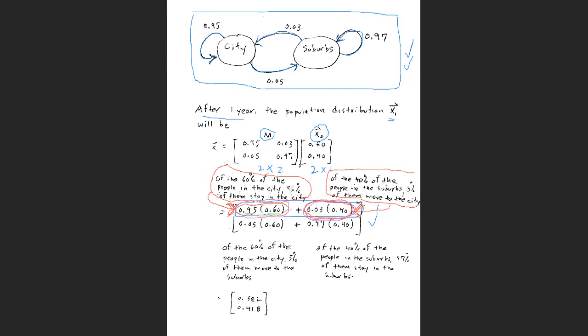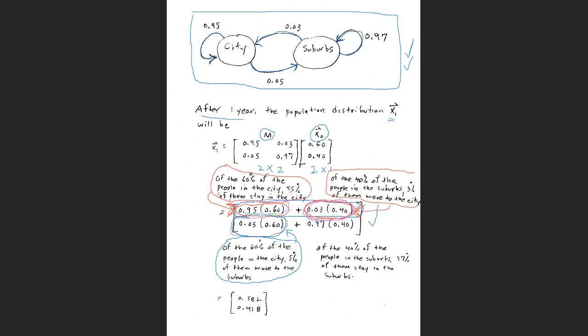So let me see here. Maybe I'll use gray. One way, well, no, I'll use blue. One way is that if you live in the city, you move to the suburbs. So of the 60% of people in the city, 5% of them moved to the suburbs. So that's